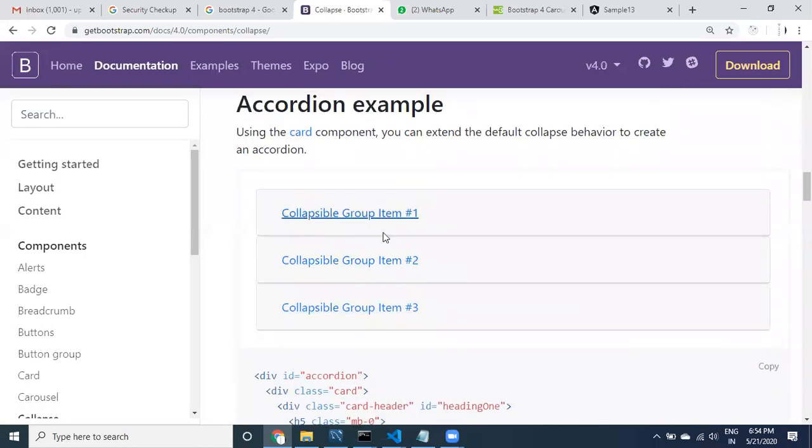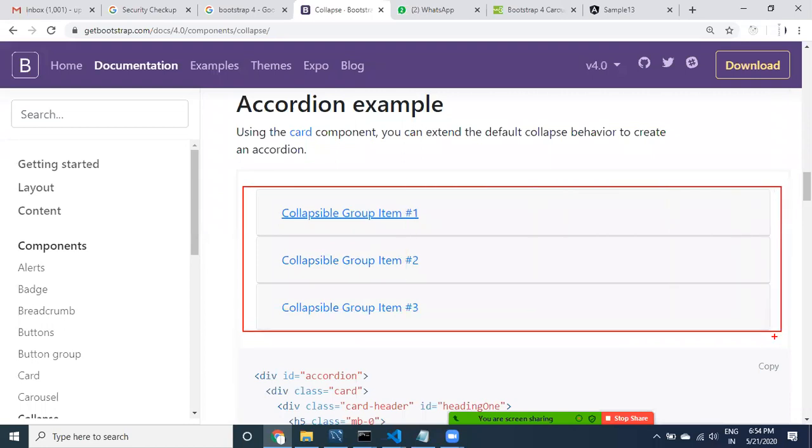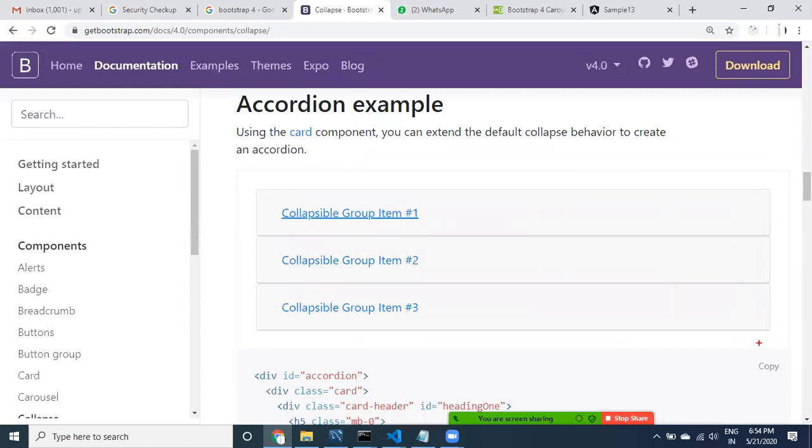Whenever you see this kind of accordion, it is going to help more for static data. By looking at this example, you can understand the limitation of router outlet. What is a router outlet? It is one placeholder. If you provide router outlet, it is always going to display here only, not here.